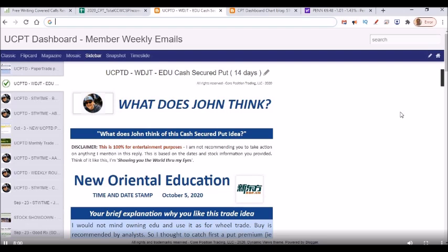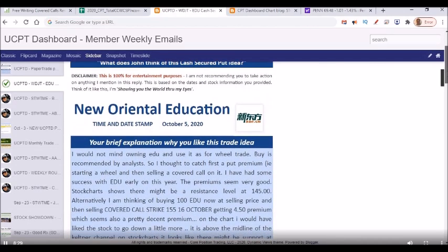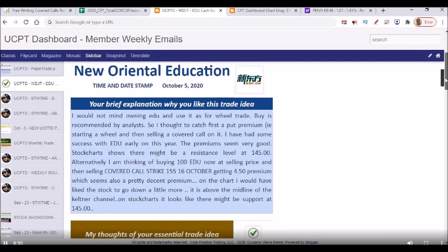Well, the new feature for which I take all of your information and give you a reply back, I'll tell you what, that adds value to anybody's game. This is a real response to a trade idea somebody sent me today. I take that information, I put it into my spreadsheets,